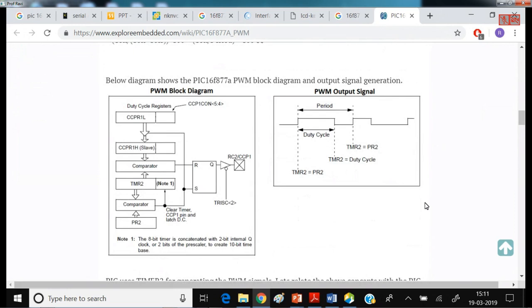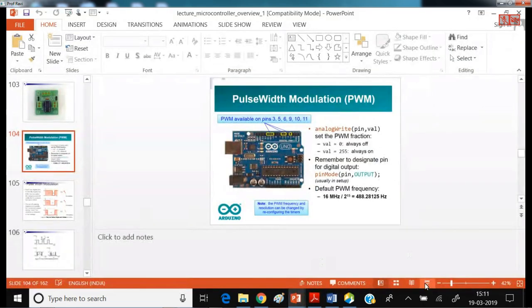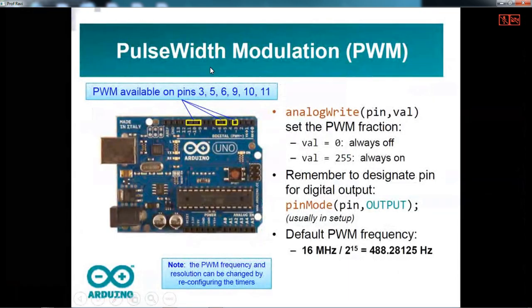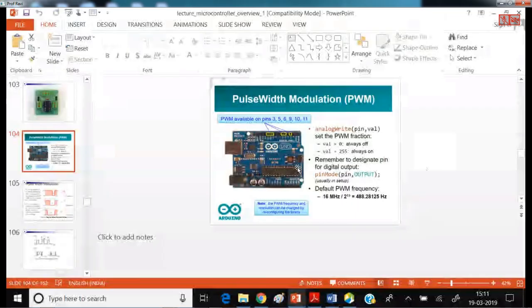So this is your logical diagram. How can you make this particular bit generate PWM? PWM is available on 6 pins on your Arduino board. The PWM pins are 3, 5, 6, 9, 10 and 11. This is readily available and cheap; an Arduino board is available for 250 or 300 rupees. But the same features are there with